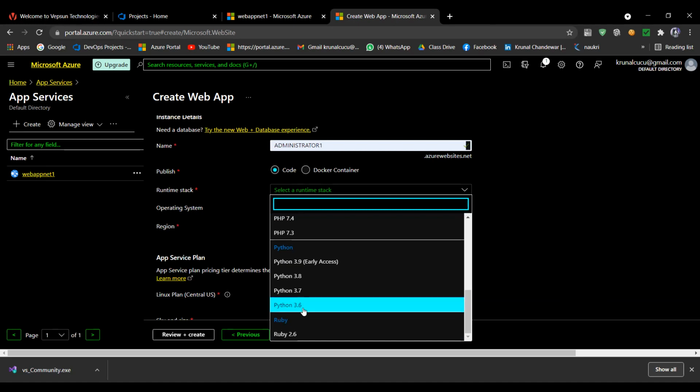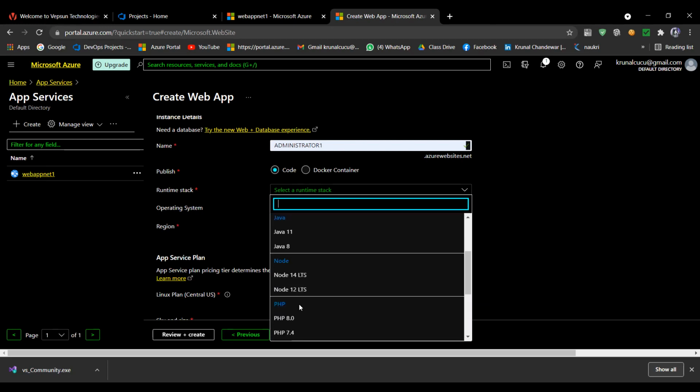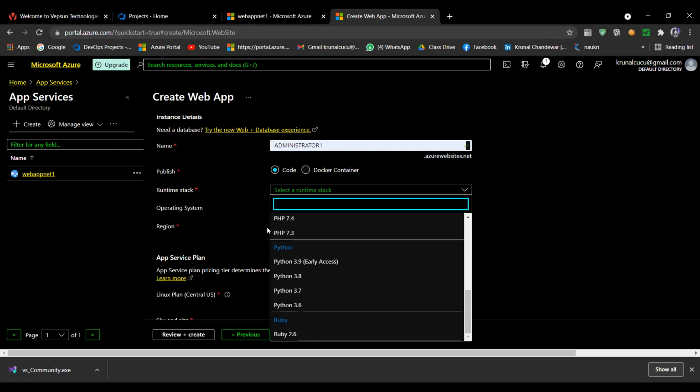But if you are building a project for Java, Visual Studio works mainly with .NET only, and that gives you the file extension .DLL. So you have to install the plugin, and only after that will it come to your Visual Studio, and then you will select from there. In Python, if I want to use it, you will get it in Visual Studio only. You can choose Python 3.6, 3.7, 3.8 or 3.9, and if you are going with 3.8, select that one and go ahead.